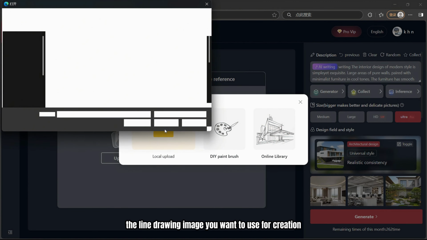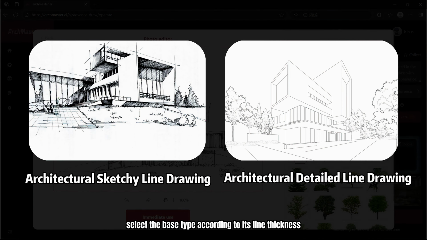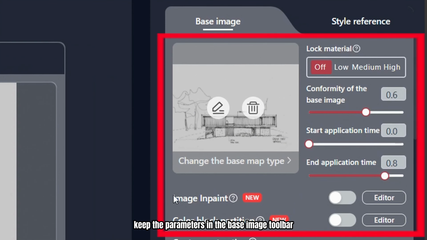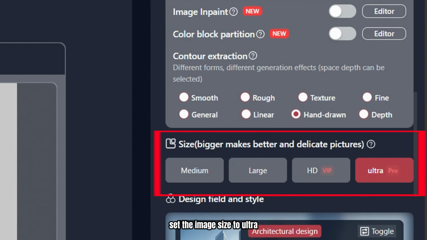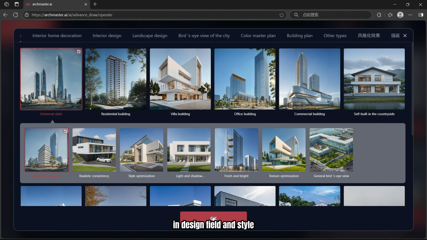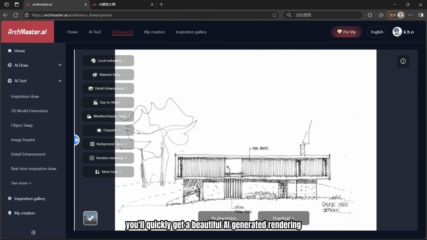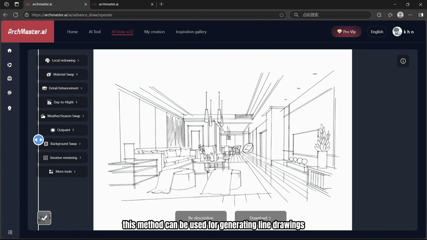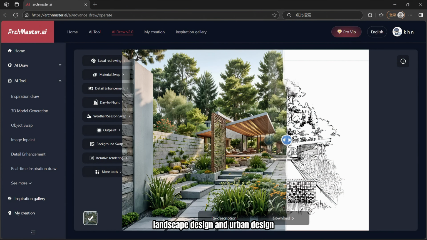Upload the line drawing image you want to use for creation. If it's an architectural line drawing, select the base type according to its line thickness. Do the same for indoor, landscape, and bird's eye view drawings. Keep the parameters in the base image toolbar at their default values. Set the image size to Ultra. In Design, Field and Style, select your desired style, click Generate, and after a short wait, you'll quickly get a beautiful AI-generated rendering. Similarly, this method can be used for generating line drawings for interior design, landscape design, and urban